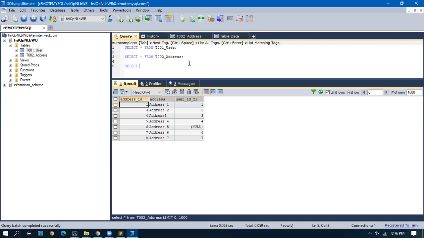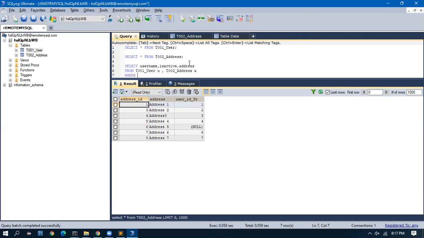I want to join the user table and address table and fetch the user name, whether they are active or not, and their address. So select is the first line. From which table? T001 user. I'll give a table alias u, T002 address and address alias a.